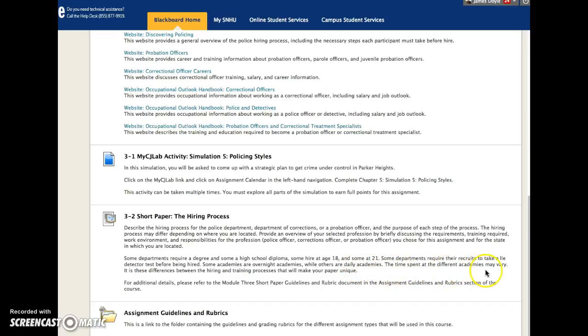Discuss the time spent at the different academies. Okay, that's going to vary again. We just got done talking about that. It is these differences in the hiring process that will make your paper unique. Okay. Now it says here for additional details, please refer to the Module 3 short paper guidelines and the rubric